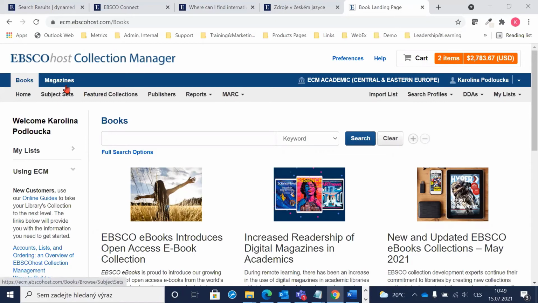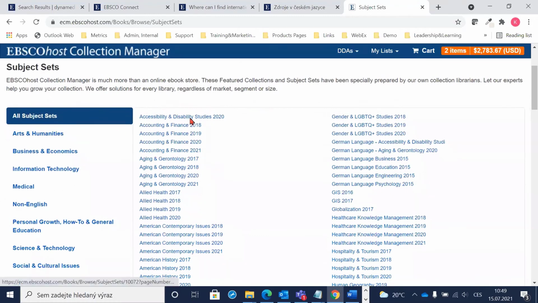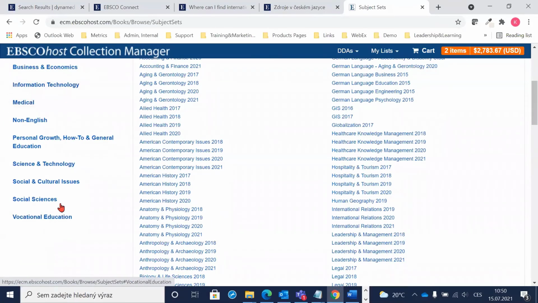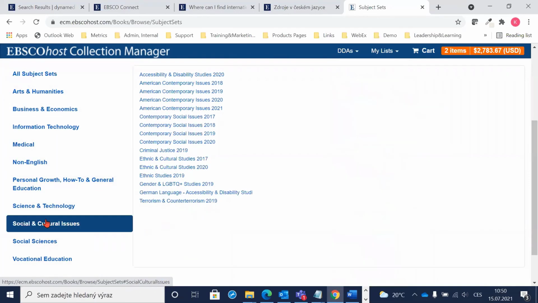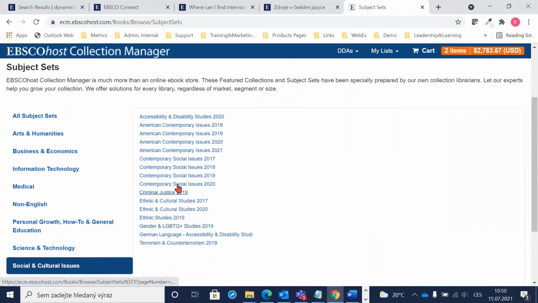Actually, what is the difference? Let me show you here. I will click in these subject sets, and these are these subject sets. Either we can browse all of them or we can browse them by a category. They are divided here on this left hand side on these categories. So in your case, you might be interested in social and culture issues, and here are the collections offered to you. Let me click, for example, Contemporary Social Issues